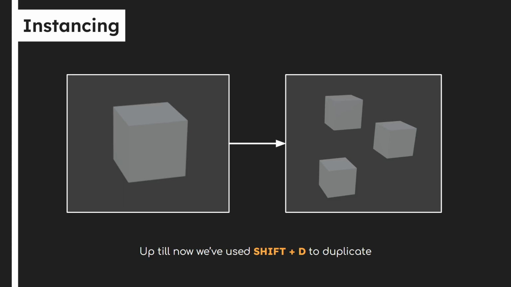There's one more concept that you need to understand before we jump into building modular assets, and that's going to be instancing. Up until now, we've been doing what's called duplicating. You hit Shift-D and you create a duplicate of your object. If I just hit Shift-D 3 times and drag them around, I've got 3 different objects. But